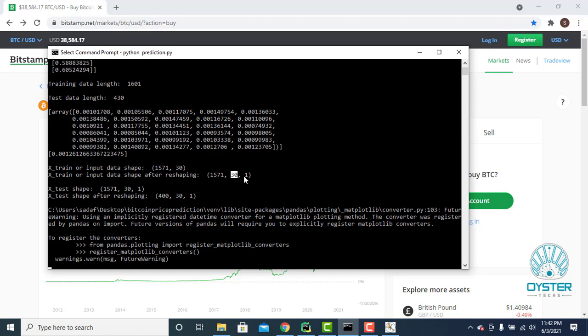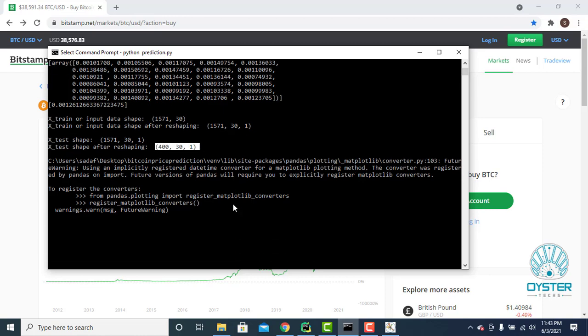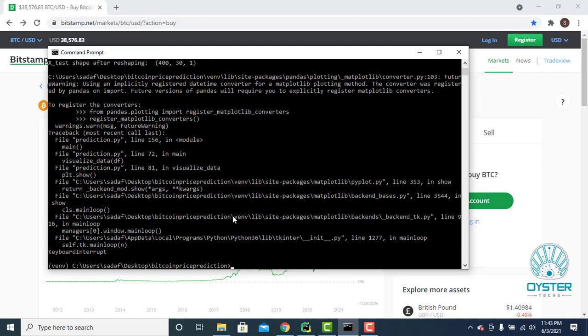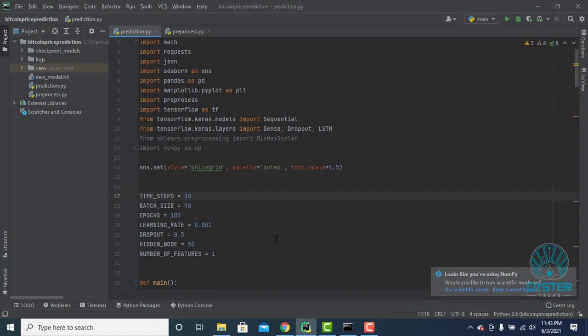The last number represents the number of features, and here we are using one feature for prediction, so we are taking just a 1. This is the shape of our x train, or train data, and this is our test data.